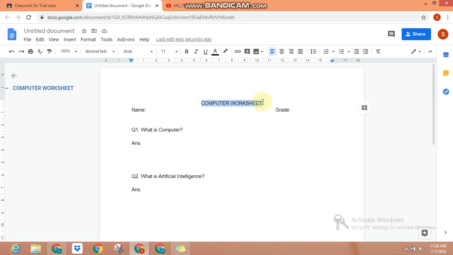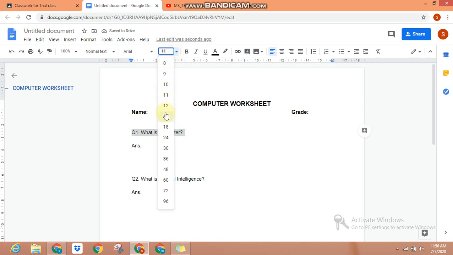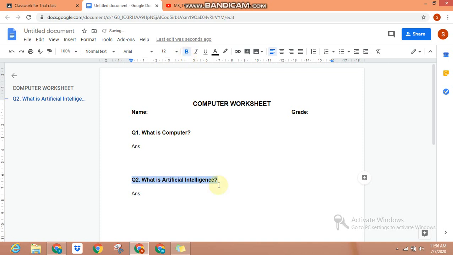You can do the formatting. So I'll just go and bold it. I'll change the font size to 14, and then quickly change it to bold and the font size to 12. For the questions, quickly select them, change the font size to 12 and bold them, so that it appears as a question and students know that it's a question, highlighted for them. Press the bold button. Once I'm done, look at this icon, it says saved to Drive, so it's automatically saved.